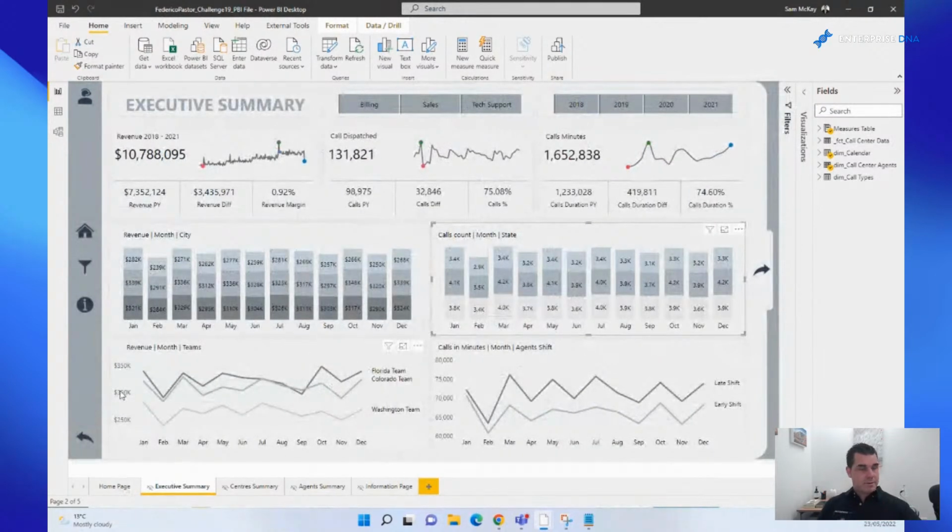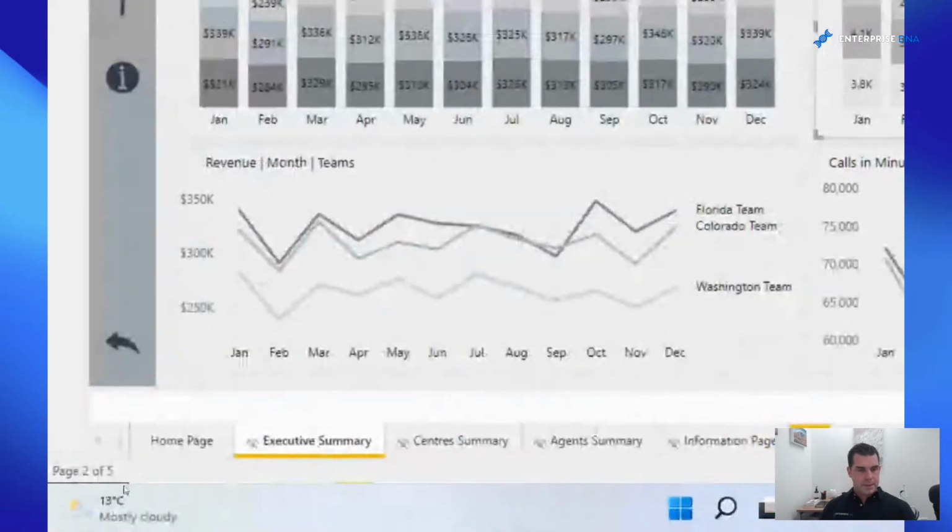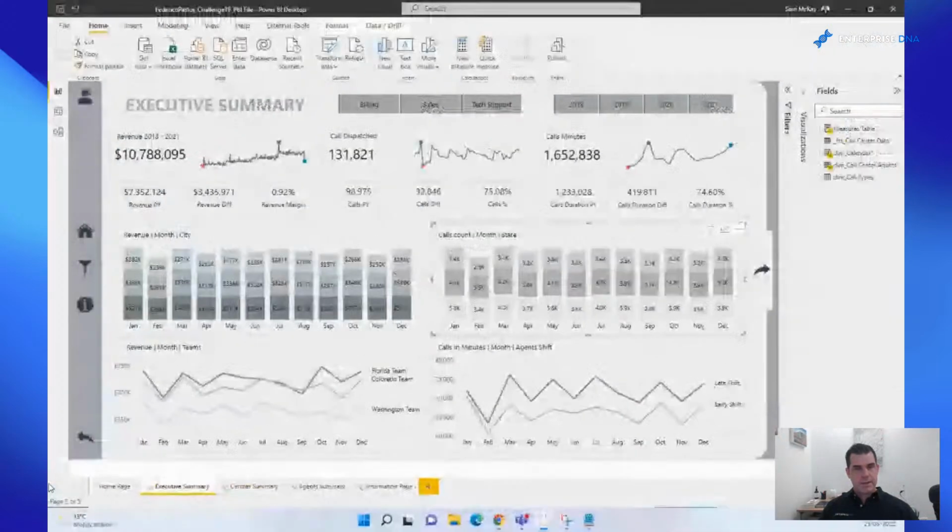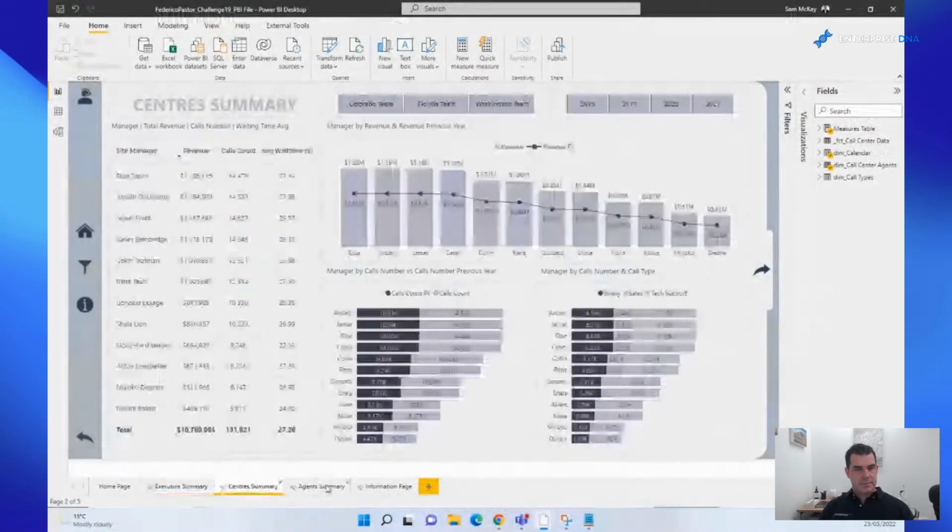I'm in Power BI Desktop here, but I want you to notice that down the bottom every single page is actually hidden. You see here, it's hidden, and there's only one page showing, the home page. Even though we can see the pages down here, when you upload this online, no one can see these pages.